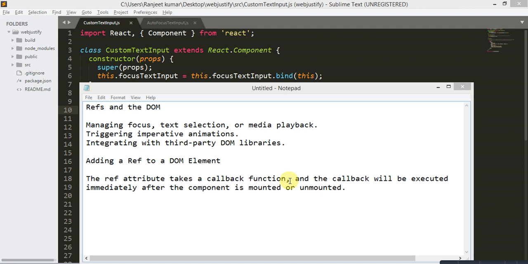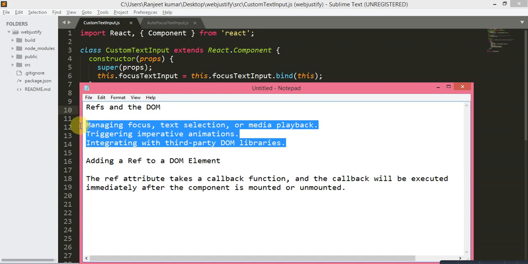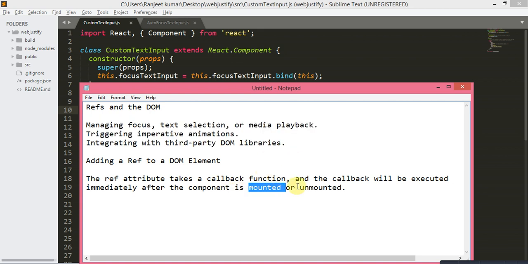So these are three things ref does. Next one is adding a ref to the DOM element. The ref attribute takes a callback function, and the callback will be executed immediately after the component is mounted or unmounted. So we are going to explain this